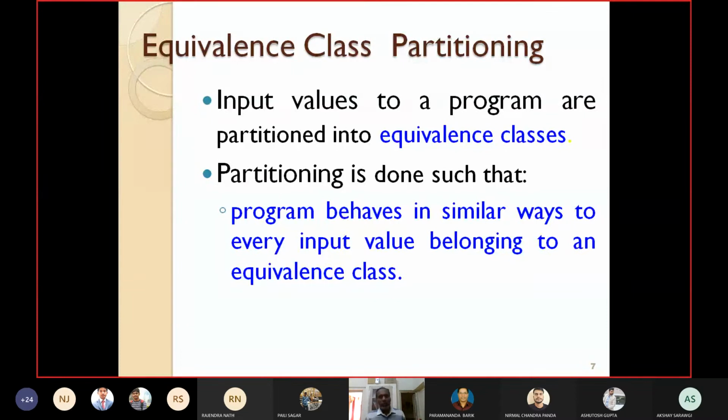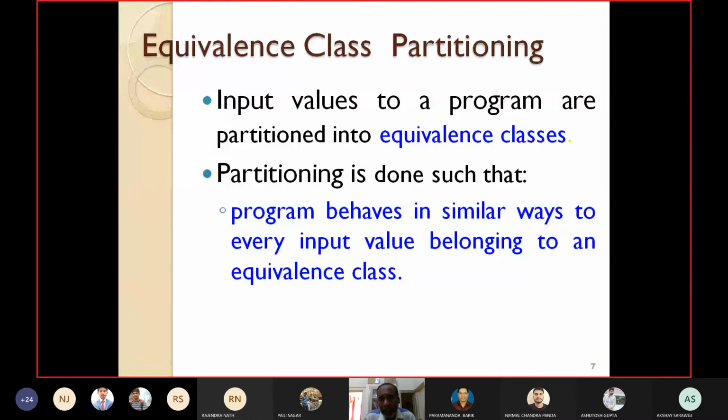Okay, so that is the objective. The motivation behind equivalence class partitioning is that if a program is behaving in some way for a particular element of an equivalence class, it will also behave similarly for all other elements of that equivalence class.